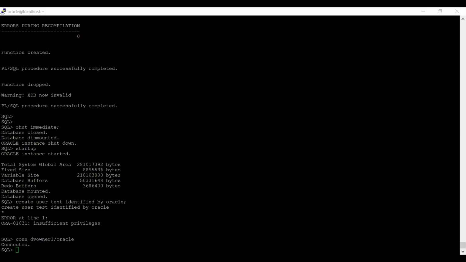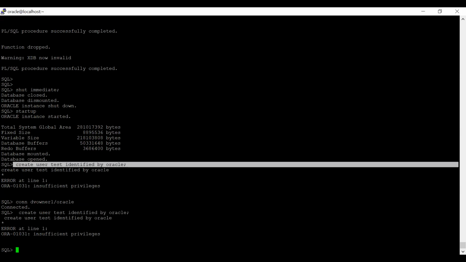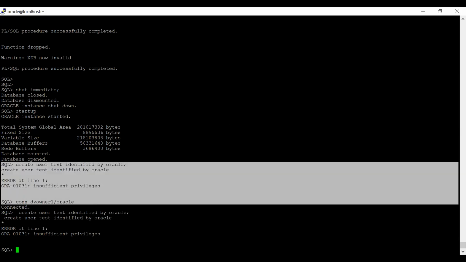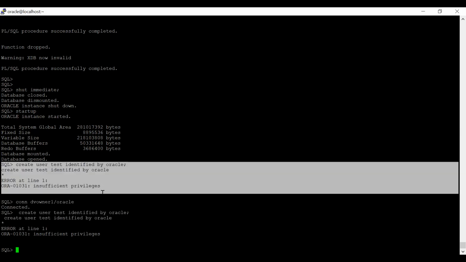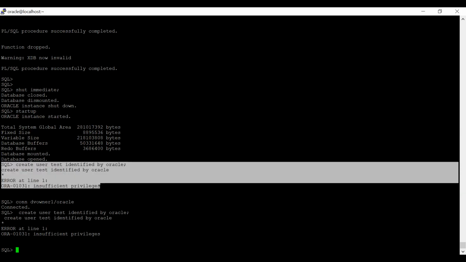Okay, so we'll continue, I think, with the realms. Just see that this owner will not have the permission to create the user. Now I logged in as the sys user, and this also doesn't have the permission to create a user. The sys user is also not able to create the user. Only DVSYS will be able to create the users.